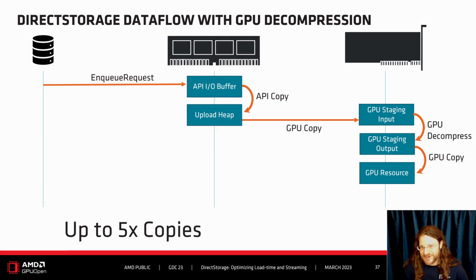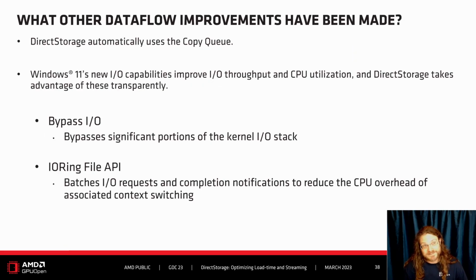What's important to note here is that a lot of the processing steps, such as decompression, are done on the GPU, which is where the data is going to be used. This enables a slightly more efficient usage of the memory of the bus itself and of the device resources.